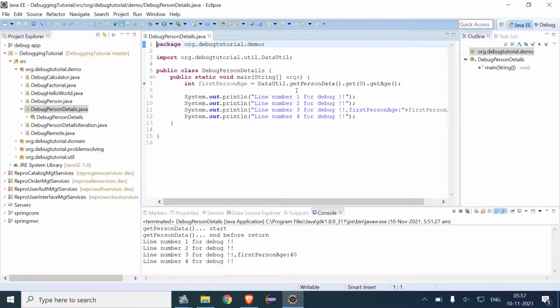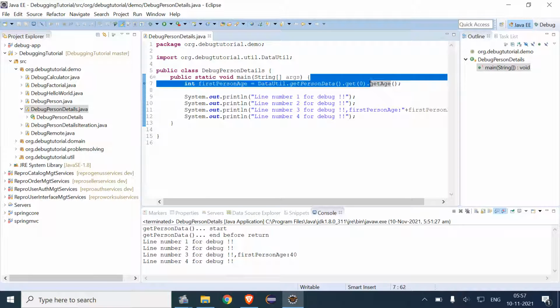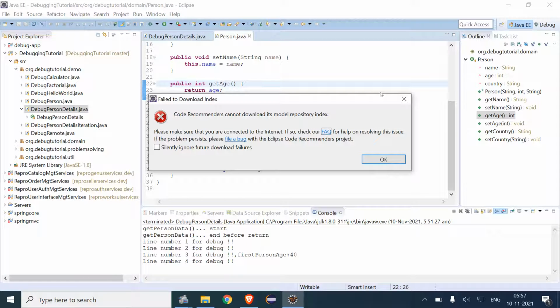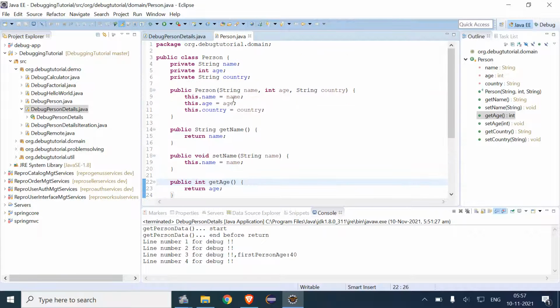We can press Control plus Alt and click this method. So now we're getting to this POJO of person data, in which it has string name, age, and country.